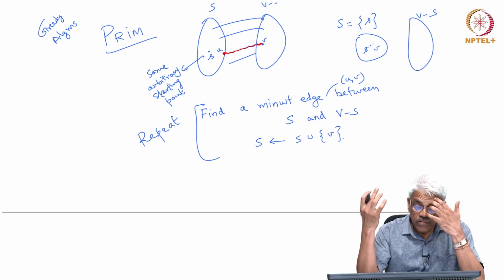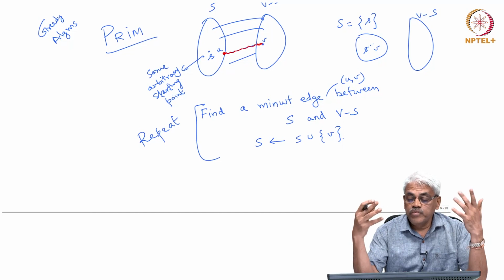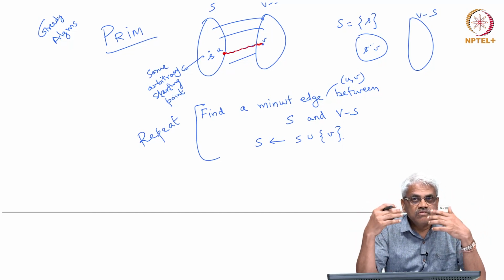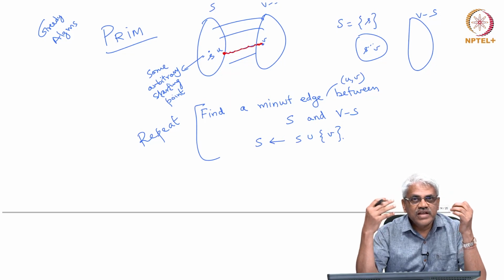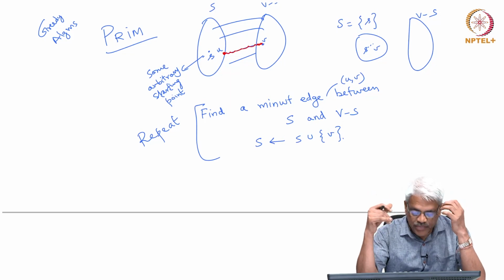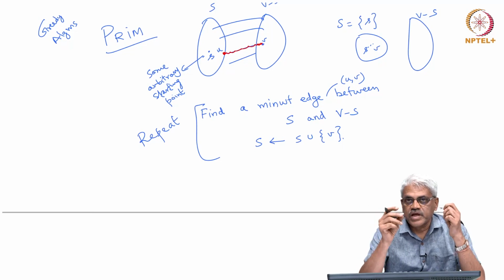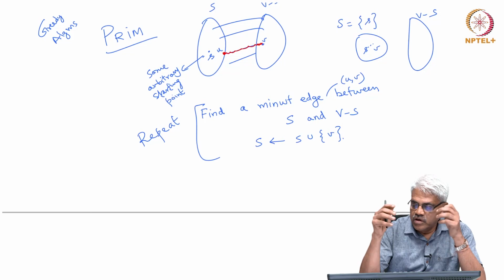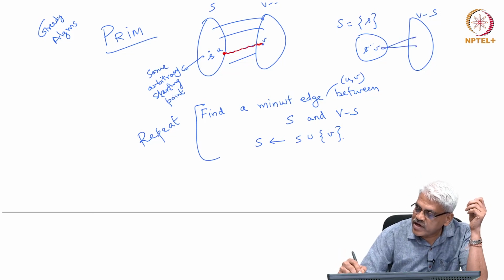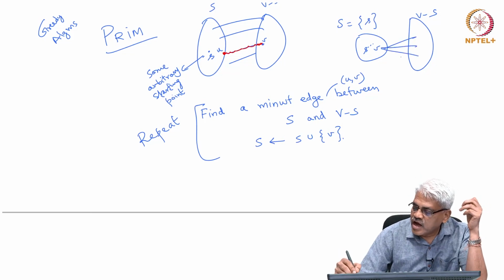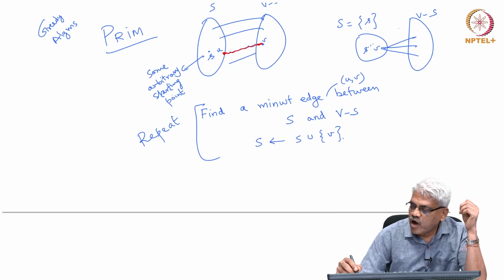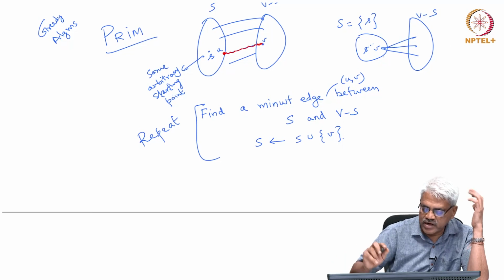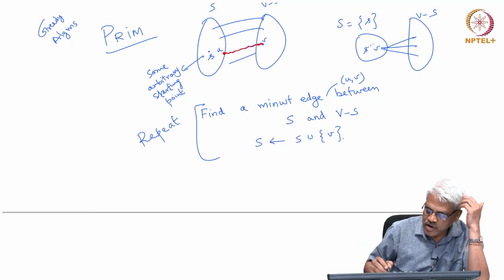Again, the new minimum weight edge after I add v is the next minimum weight edge, which suppose I had kept in some sorted order on the edges, or look at v's neighbors now. These are new edges coming into this what is called a cut. I need to look at those edges along with whatever edges before and find the minimum weight edge and keep adding it. This is Prim's algorithm, and